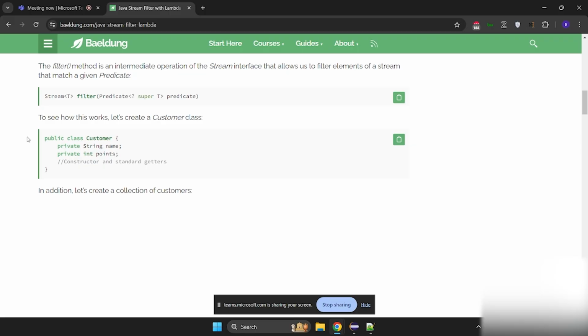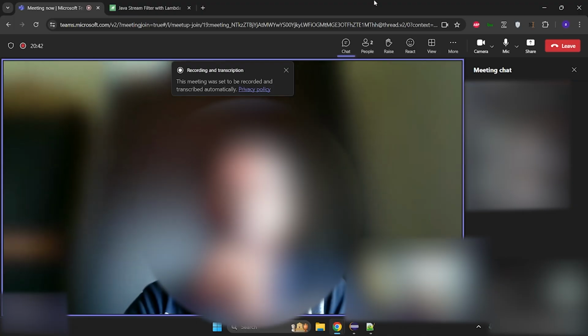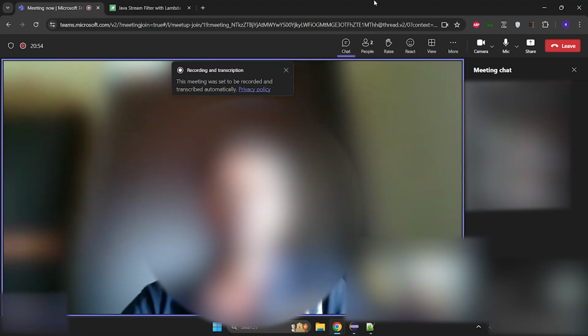ACID is the full form of atomicity, consistency, isolation, and durability. So atomicity is like the whole transaction has to be considered as a single unit. Either everything should be executed or it should be rolled back. Correct. And consistency is like we have multiple constraints like primary key and